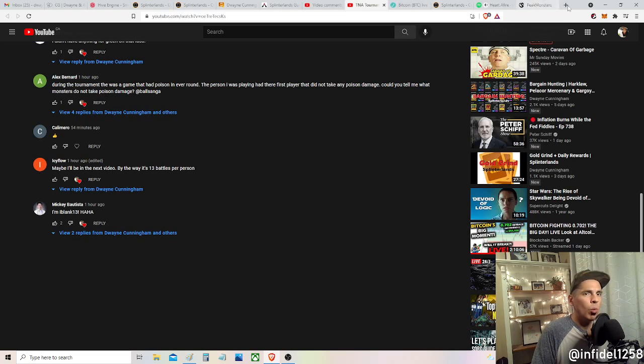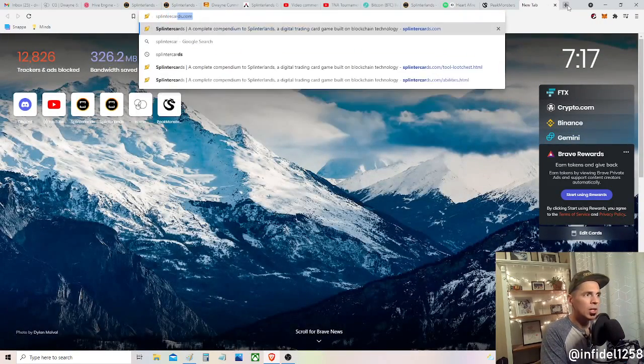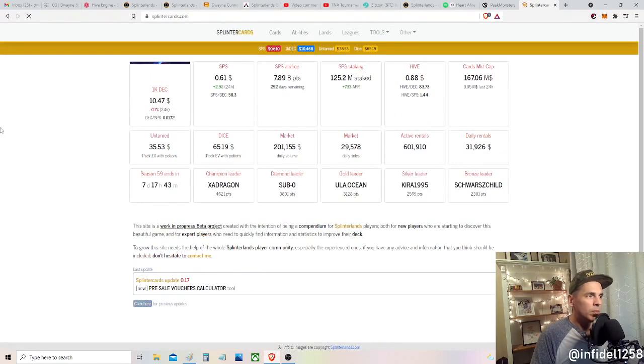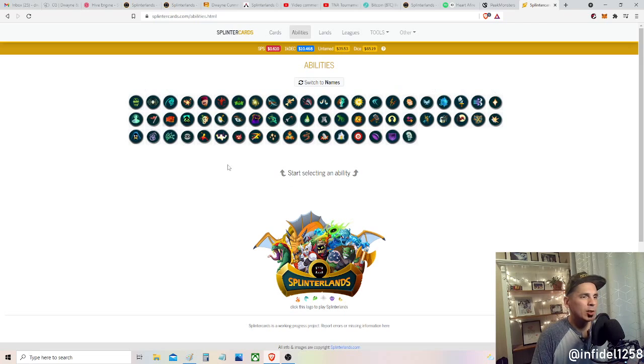And if you want to ever know the answer to that question, you want to know which monsters have a specific characteristic, you can come over here to splintercards.com, okay? Splintercards.com. And if you come over to that website, you're going to click on abilities, and you're going to see that we have every single ability featured here. And you just need to find the one that you're...